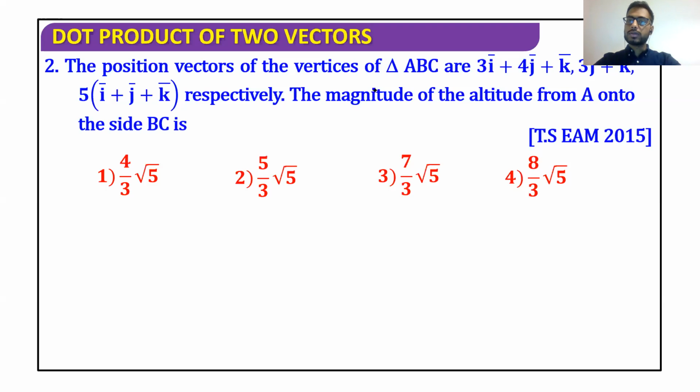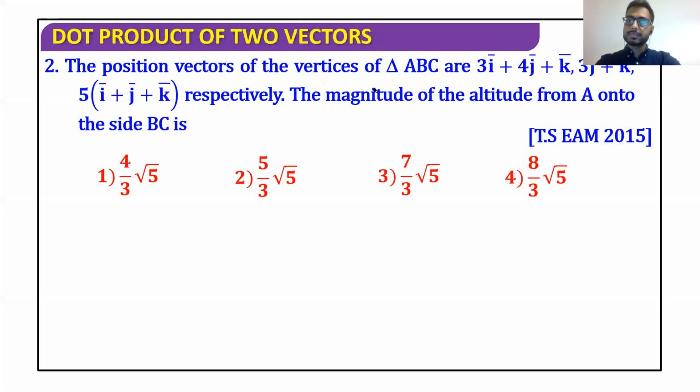So if I draw a triangle ABC and drop a perpendicular from point A onto my side BC, and let us say that perpendicular meets at point D on my side BC, then that perpendicular length is the question mark. I can get the length of that perpendicular by using the Pythagoras theorem. If I consider my triangle ABD, I can say that AD square is nothing but AB square plus BD square. However, in this particular case, I don't have the values of BD and AD.